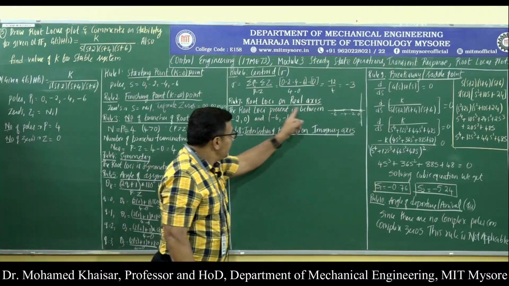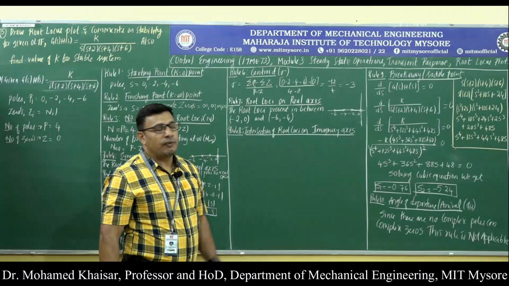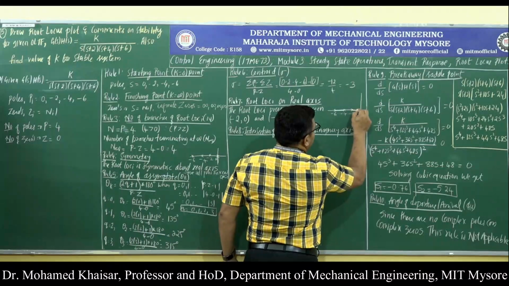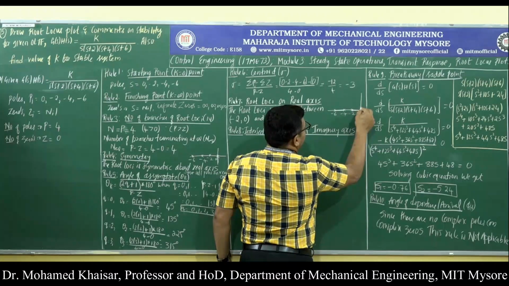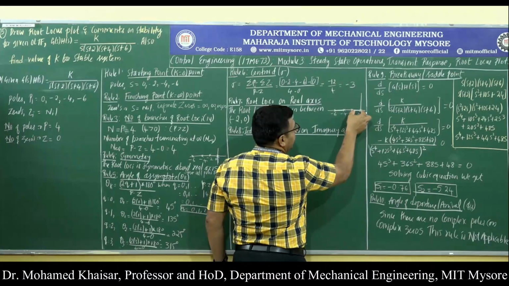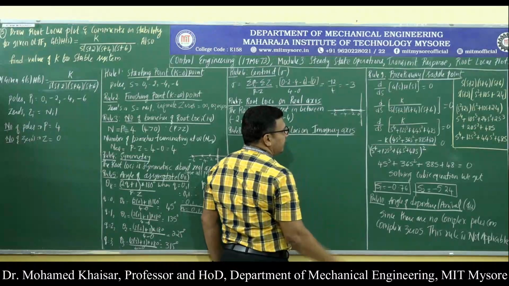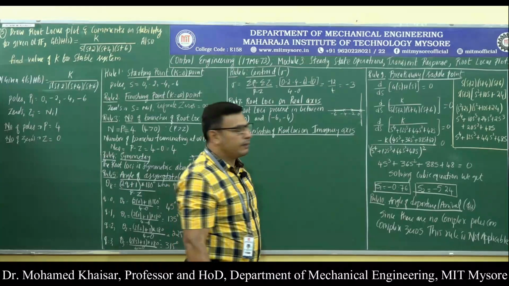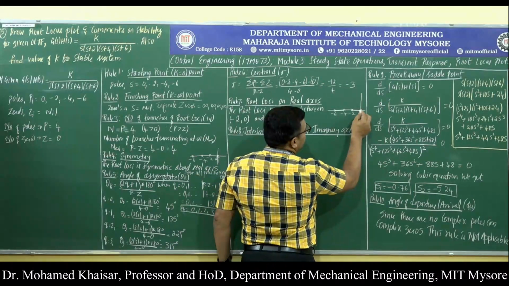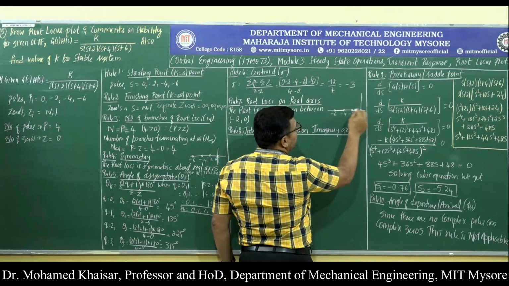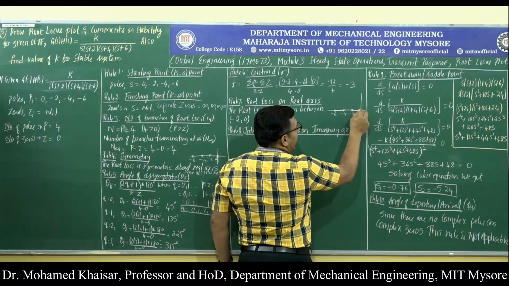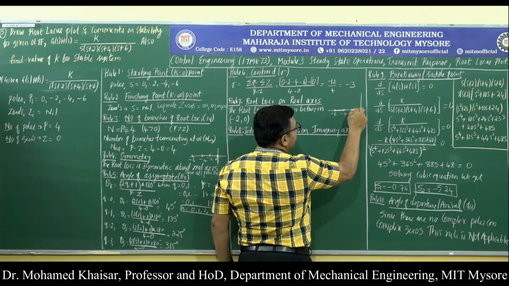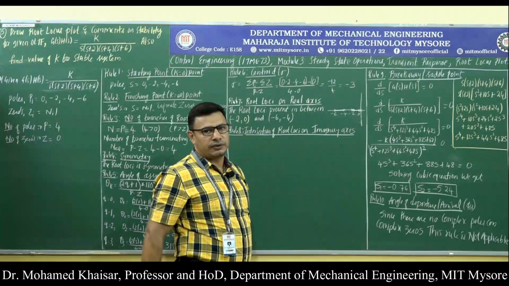Now, with this particular rule, one more important inference can be drawn. What? See here. Between -2 and 0, root locus is present, so only in this segment. These two are the poles, they are the starting points. That means the root locus is going to start from this pole and this pole. Then the arrow has to be leaving the poles because they are the starting points.